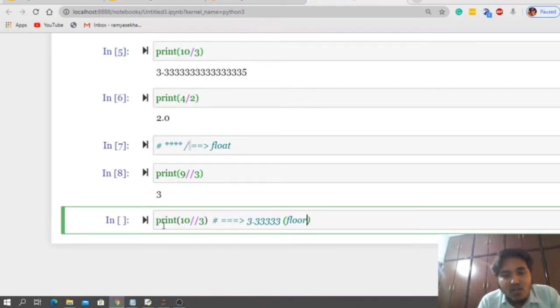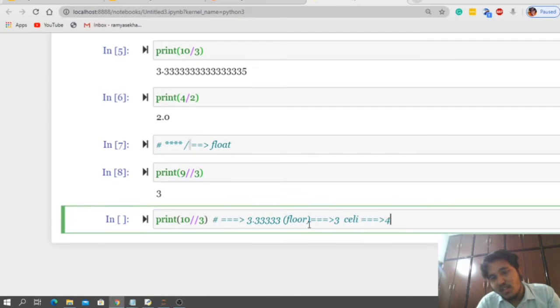In our house, there are two things: one is floor and the second is ceil. Floor means we get the lower value, ceil means we get the upper value. For 3.33, the floor value is 3, and the ceil value is 4. Is this clear?